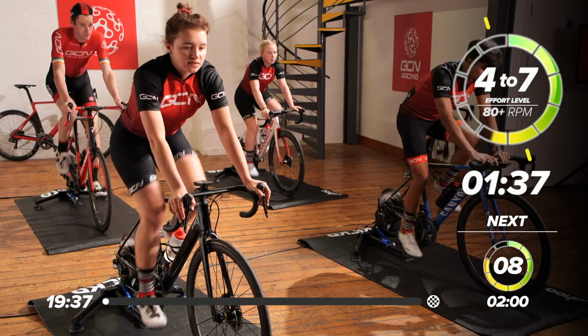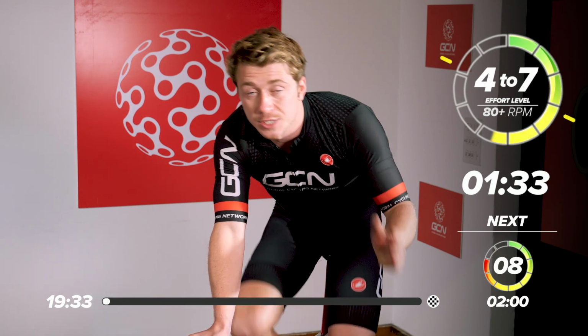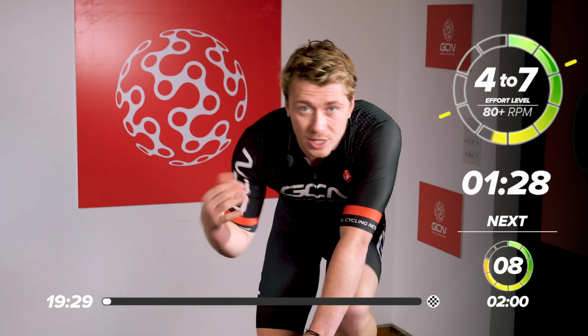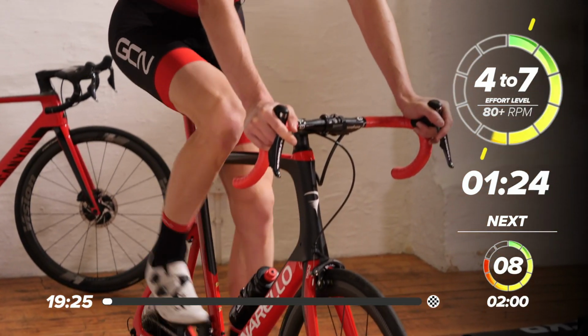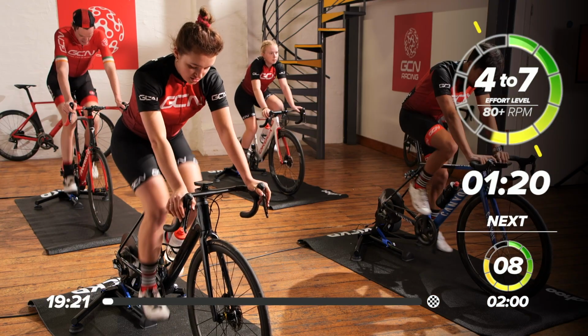It's a really good session, this one, and you can fit it in at any point of your day, whether that's morning or evening. We've got a 2-minute warm-up, then we go into our efforts. Within those efforts, you've got a minute recovery between each set, and at the end, you guessed it, we've got